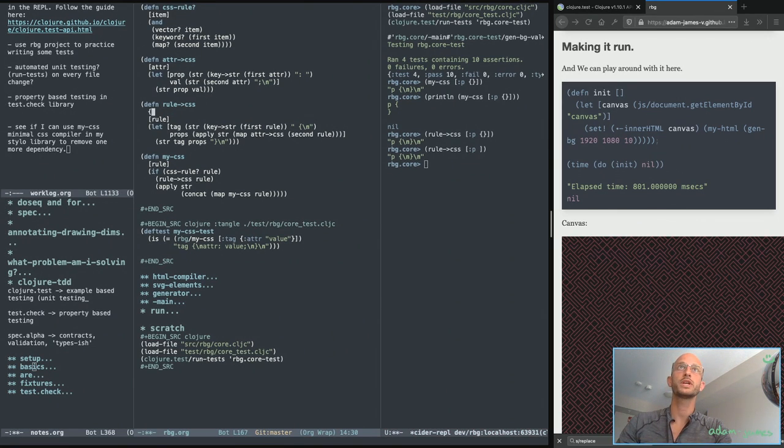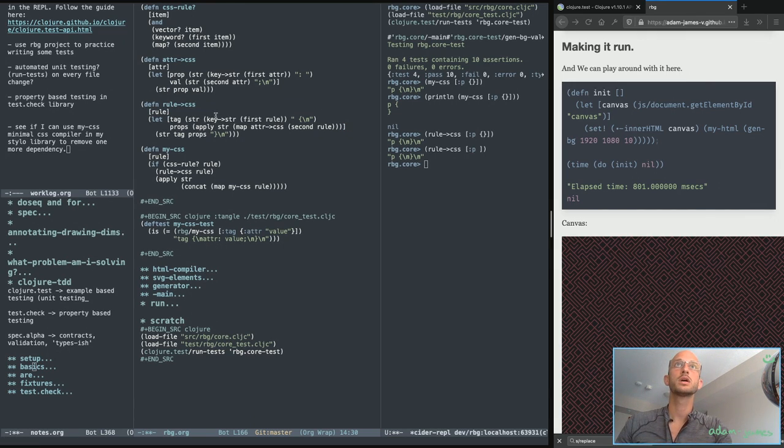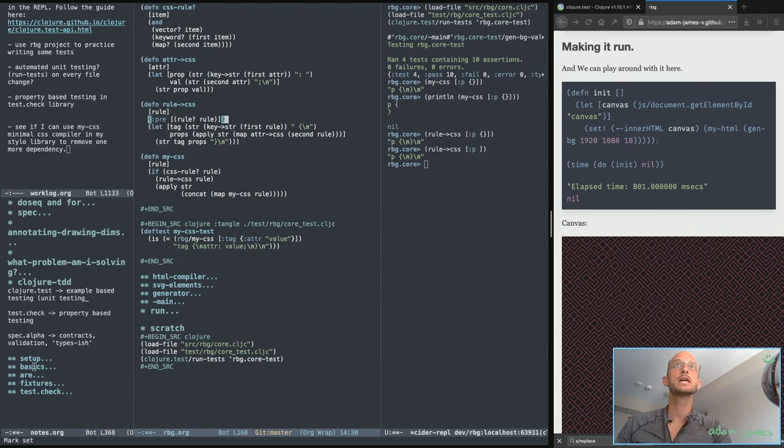Here I can do a pre rule. Of course I have to put that in the right spot. Cut, paste it in there, save it,